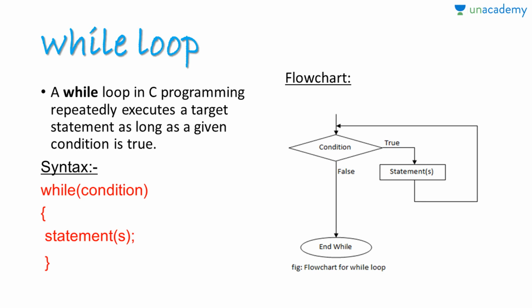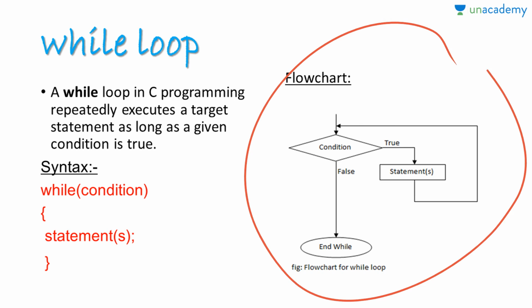So how does while loop work basically? It evaluates the condition. If the condition is true, that is non-zero, then the code inside the body of while loop is executed. If the condition expression is proved to be false when it is evaluated again, then it comes out of the while loop. So it is checked. If it is true, codes inside are executed and again the condition is checked and the process keeps going on until the condition is false.